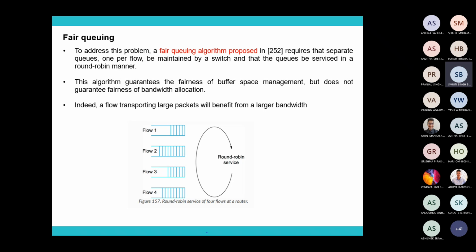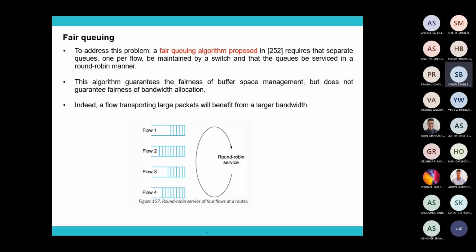Now it is not that fair, right? Because the customer in the queue is buying more items, even though we are serving in a round robin fashion. It is not that fair. So how can you make it fair? Whether a customer requires one item or two items, you serve one item at a time.